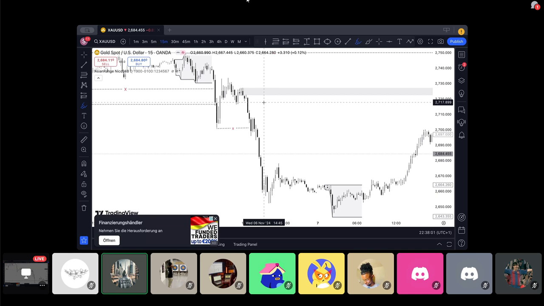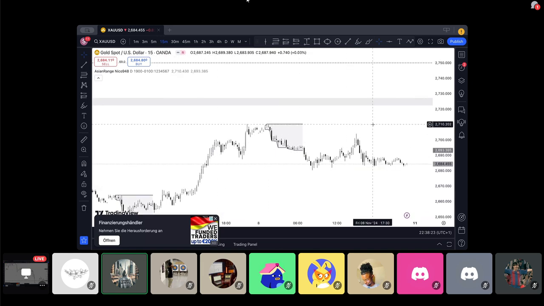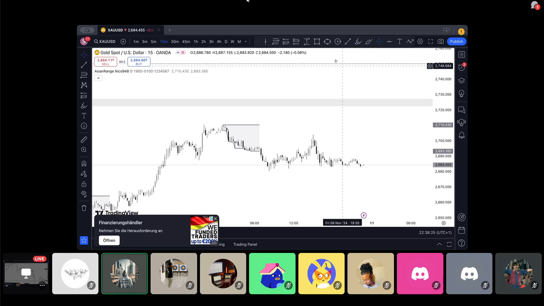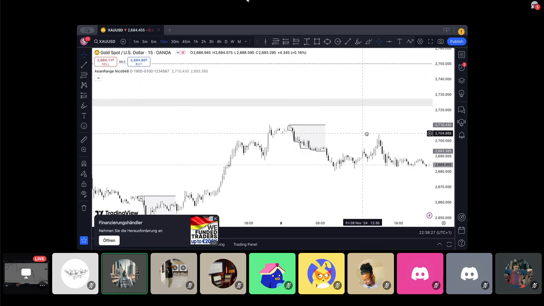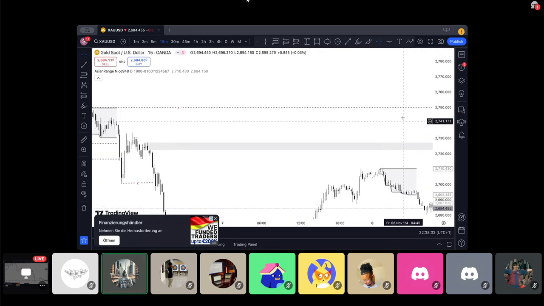Price hasn't given us any good reason why we should be looking for a long position, and price hasn't really broken a structural level yet. Because we are on a 15-minute time frame, until price comes and takes out this supply zone right here, then we should consider maybe it takes out this supply zone and goes to this